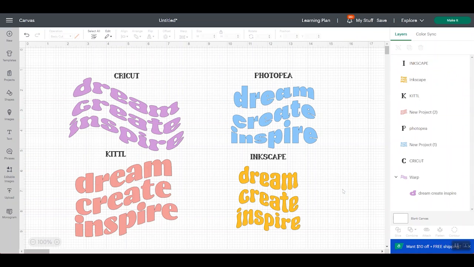Now I will say the Inkscape version comes in with the background already removed, so that's kind of nice. Kittl, I know you have to pay for that feature, and PhotoPea, I just did not see that feature, and it may be in there and maybe I just missed it. However, you can see that I had way more control with all three of the other options that I tried that are free rather than the Cricut option, especially with this one that is a flag or a wave text